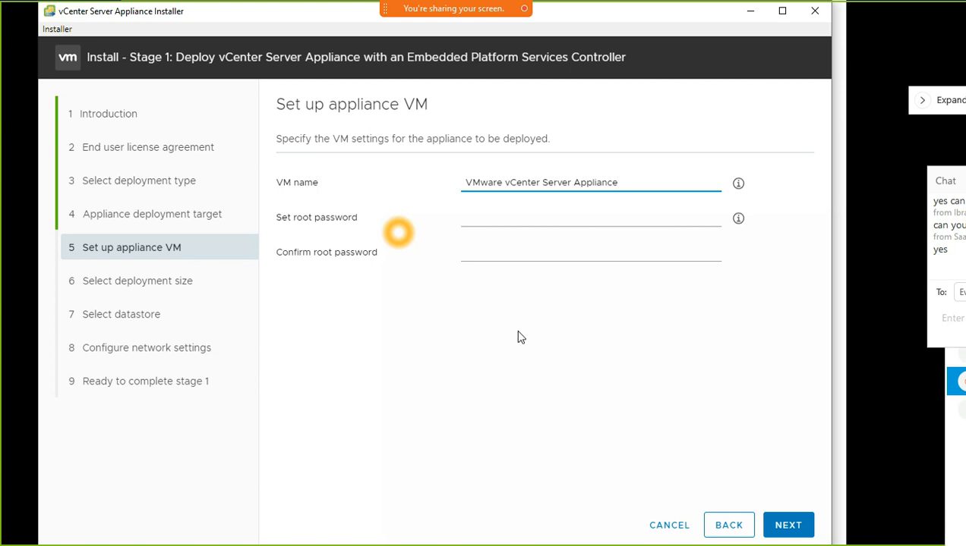Okay, so it has accepted the login. So the password was wrong in the first instance, I guess. So this is the configuration for your new vCenter server. So set up Appliance VM. So what is the name you want to give? So we can call it